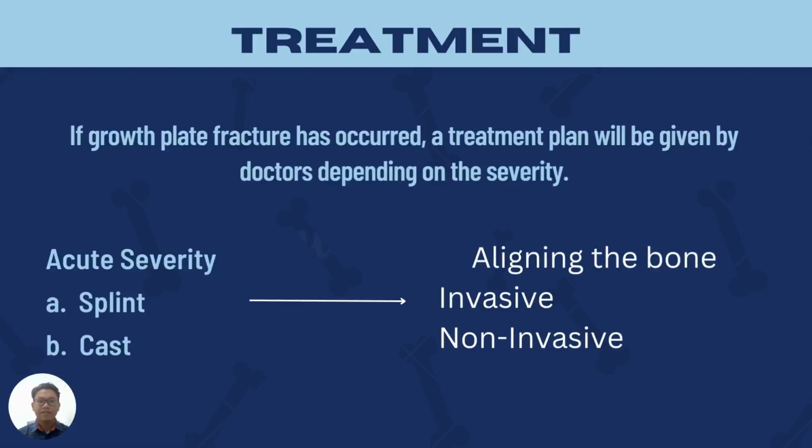So if a growth plate fracture has occurred, a treatment plan will be given by doctors depending on the severity. Generally, an acute fracture is often treated using a splint, which is typically a temporary device. This may be pre-made materials like stiff plastic or metal that have been coated in different types of cloth. They are made differently from a cast, so the swelling, which almost invariably happens right away after injury, can happen without